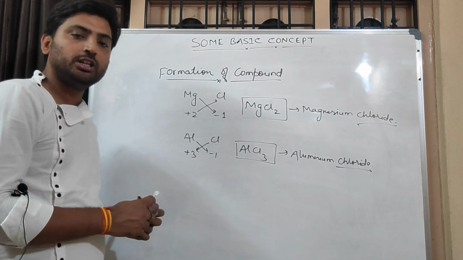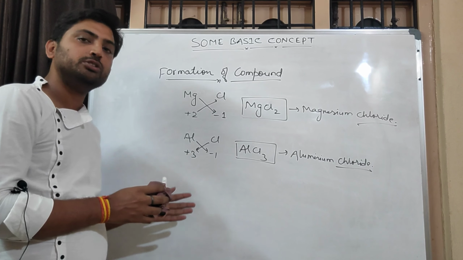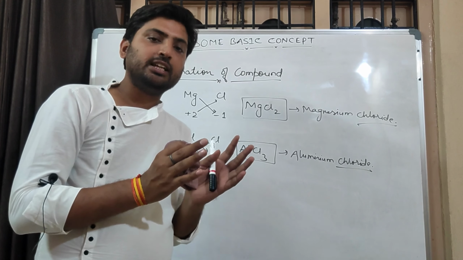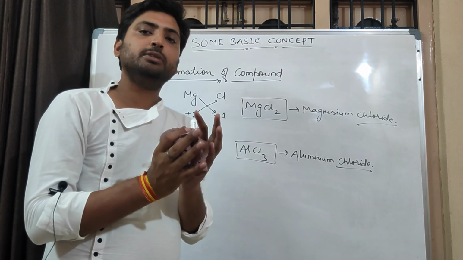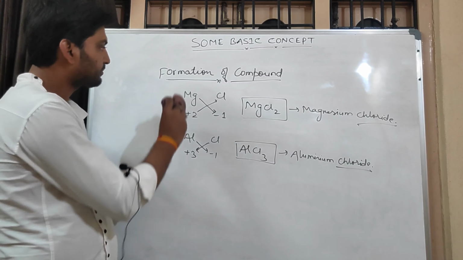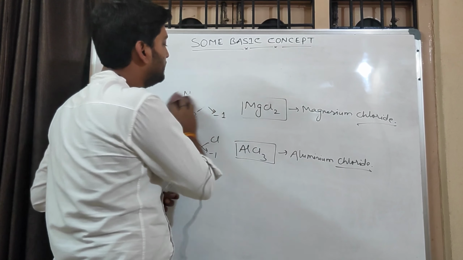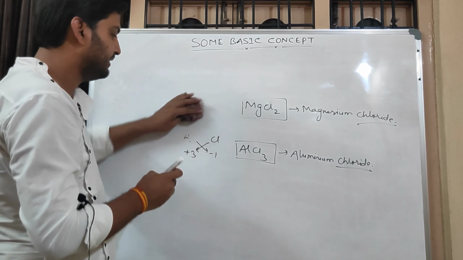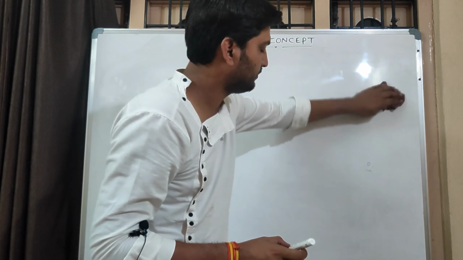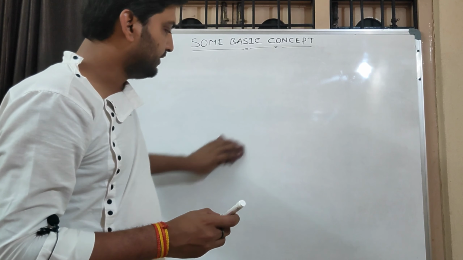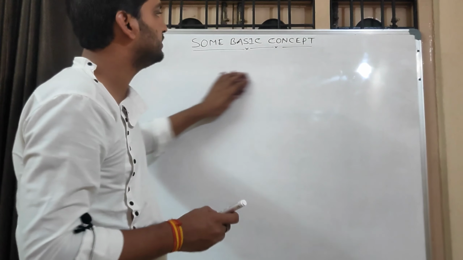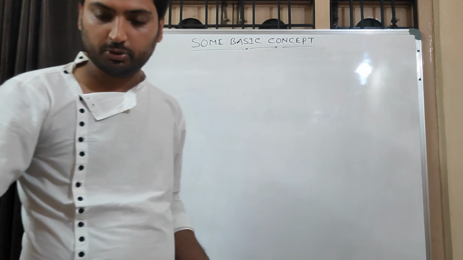Now we have to learn the formation of compounds by using polyatomic ions. For polyatomic ions, what happens? In those ions, two or more elements combine together to form a single ion. First note down the polyatomic ions and their valencies, and we will use them. This is very important. These were the simple compounds. Now the formation of compounds by using polyatomic ions is very important.